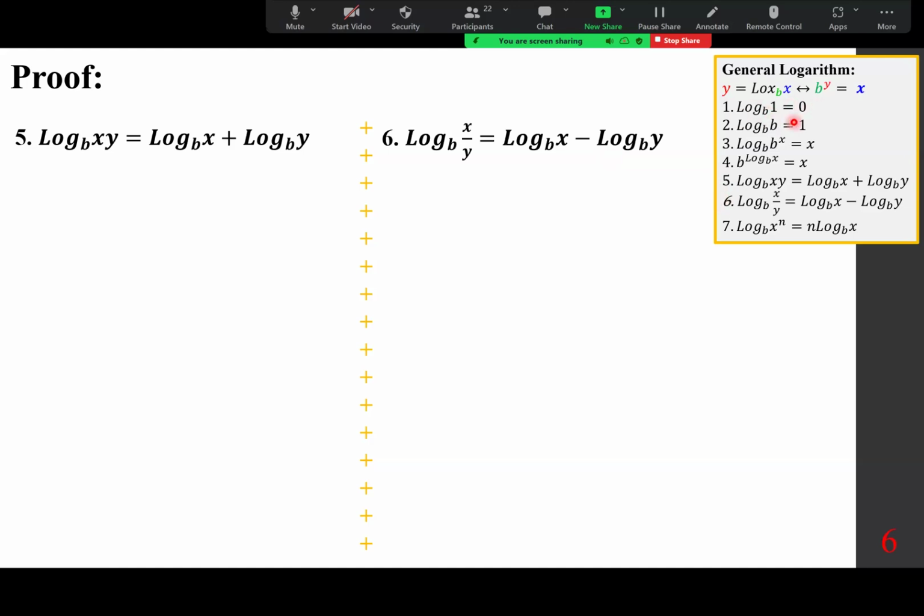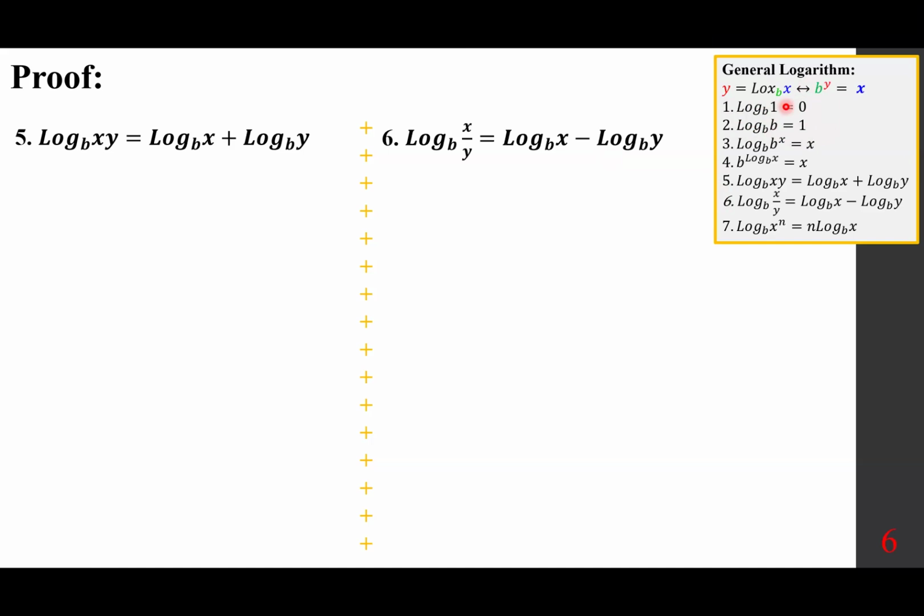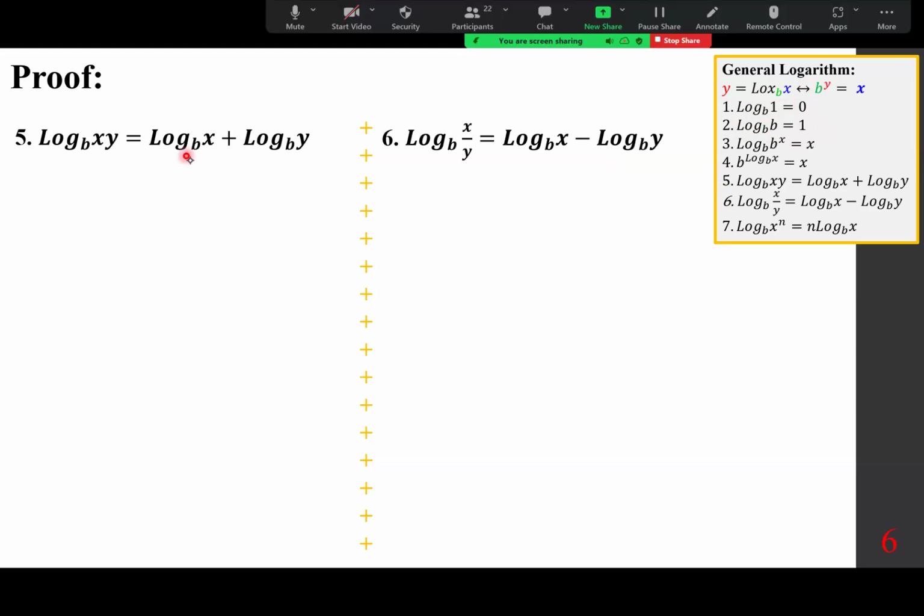Number 1, you don't have to, it's just b to the power of 0. Number 2, b to the power of 1 is b. 1 and 2 are basically proved in no time. But let's see how that thing works, and you can find them with more details at the end of the lecture. So what we are going to do, we are going to define log x base b as something,